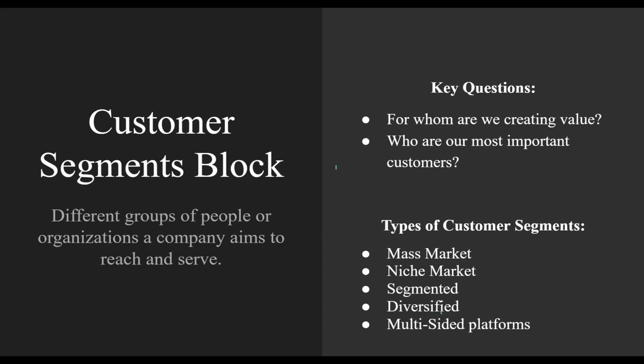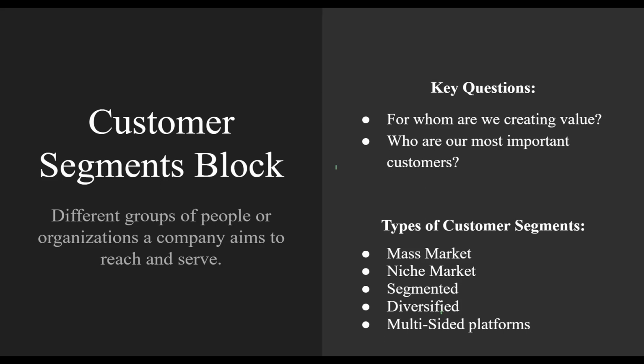segments block. And I forgot to say before getting into this area, after we go through all the parts of the canvas business model, I will share a form through the Zoom chat that basically sums up the business model canvas. There are the main topics of the canvas, and I will share it with you. And I would be very happy if you could fill those gaps, fill those parts up, so that we can see several examples of canvas models from all of you.